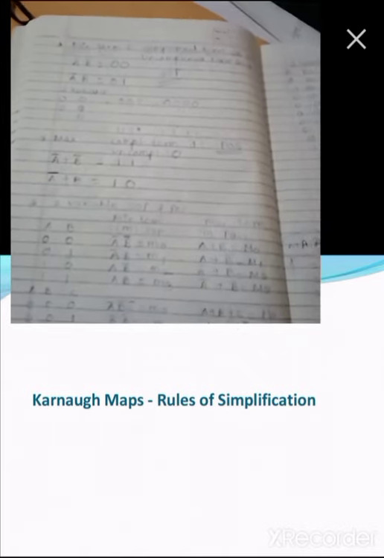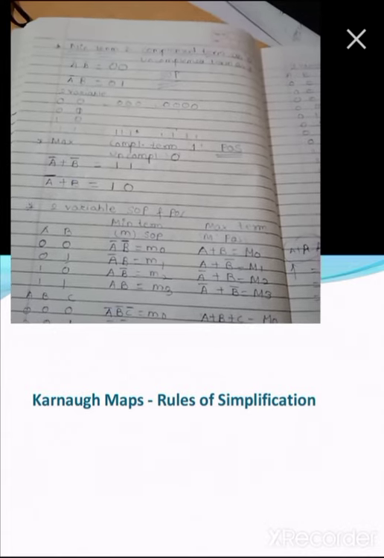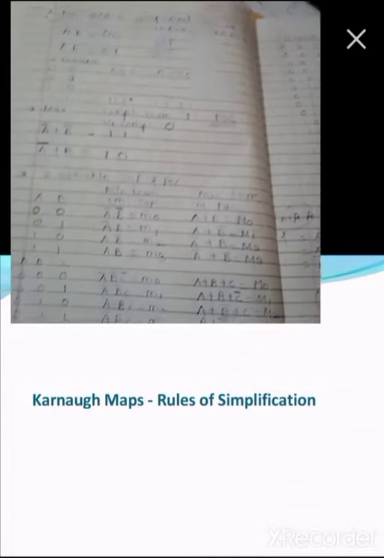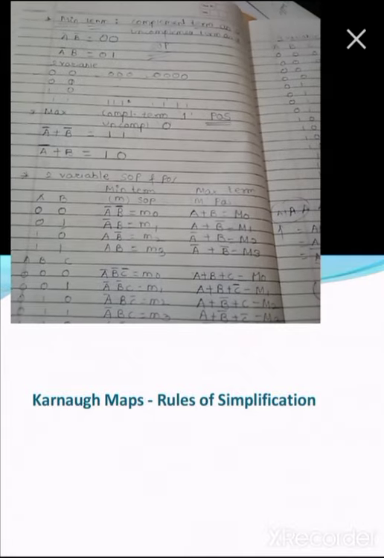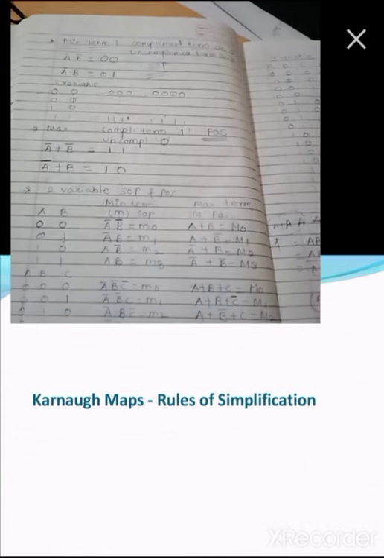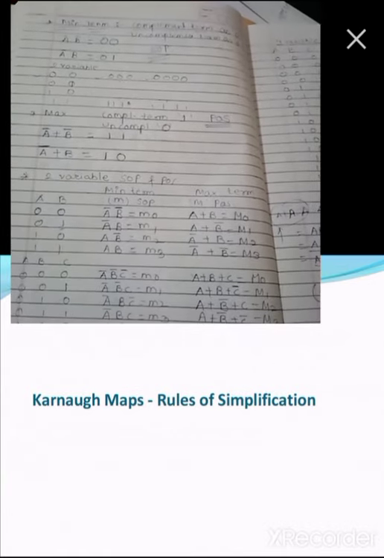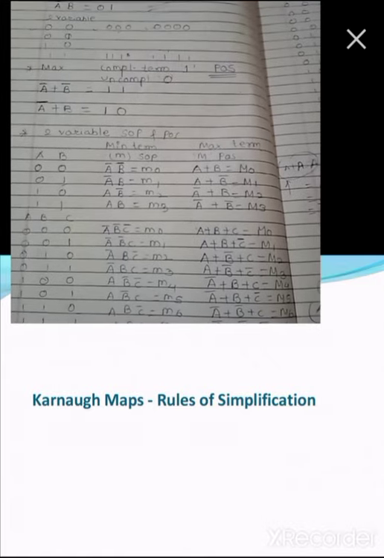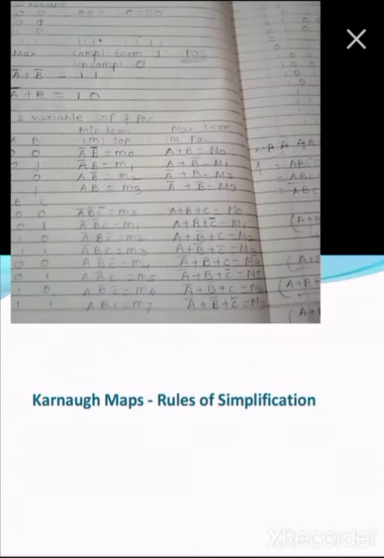In SOP, we have used a logic that we have taken the 0 as a complement and 1 as an uncomplement term. In POS form, we have taken 1 as a complement form and 0 as an uncomplement form. By applying this logic, we have designed 2 variable, 3 variable, 4 variable SOP and POS form.